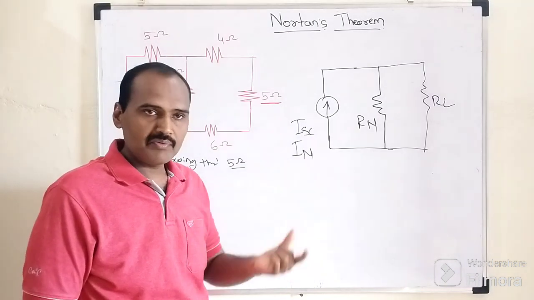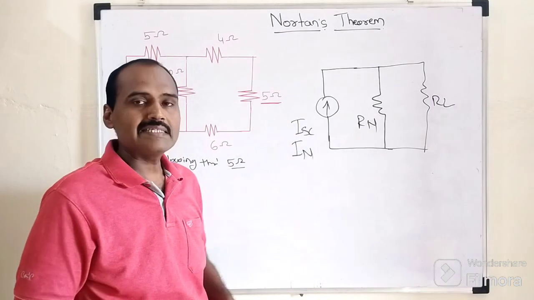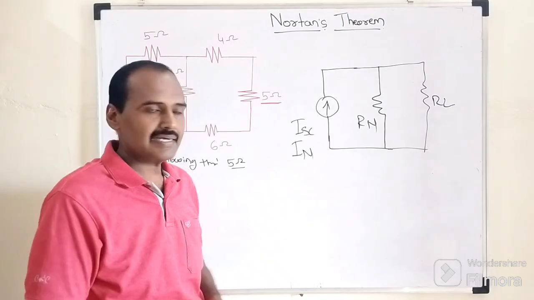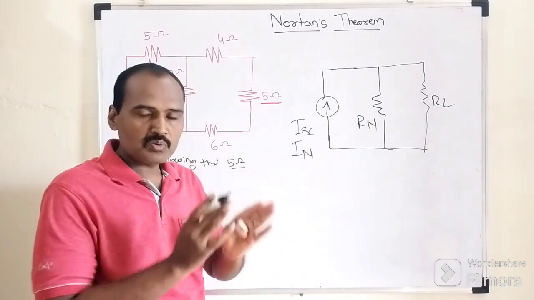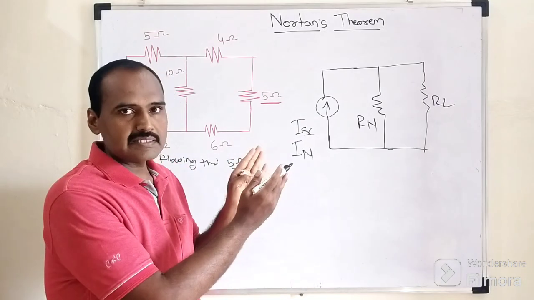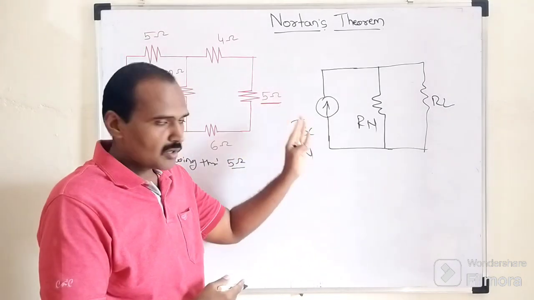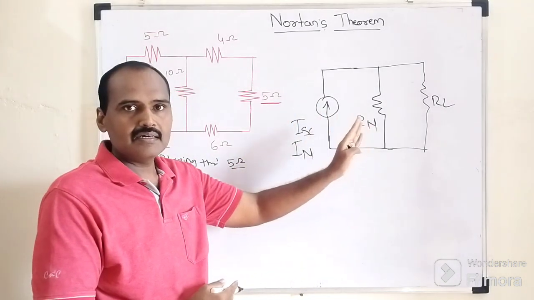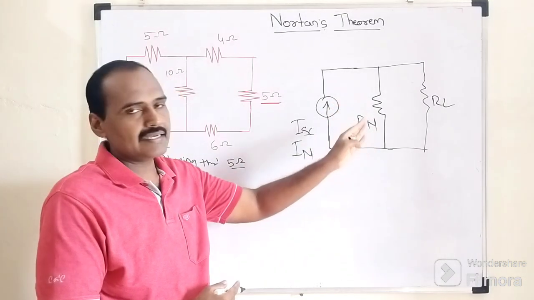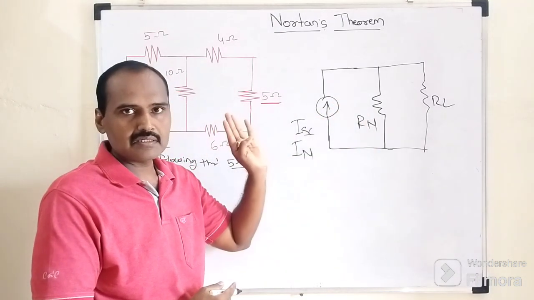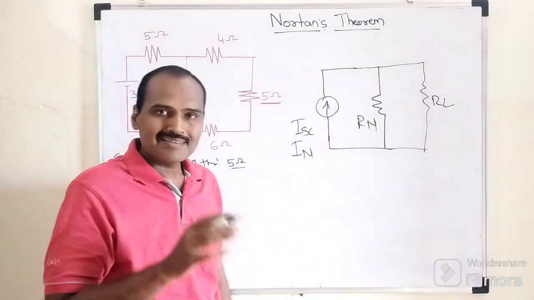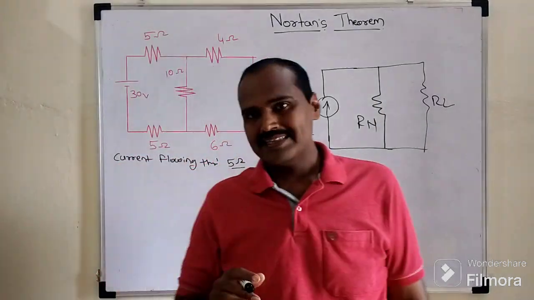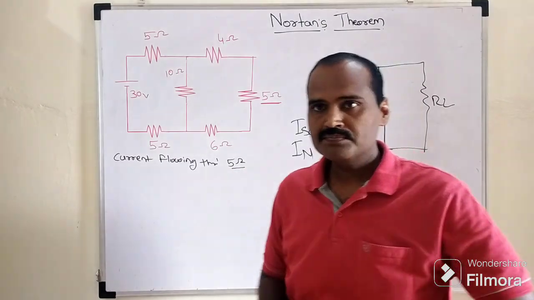First of all, we need to understand how to tabulate this Norton's current. After that, we will discuss how we get the Norton's resistance. These two are the important parameters of the Norton circuit, which consists of the Norton's current and the resistance connected in shunt form along with the Norton's current source. After that, we connect the target resistance. So as far as this existing network is concerned,